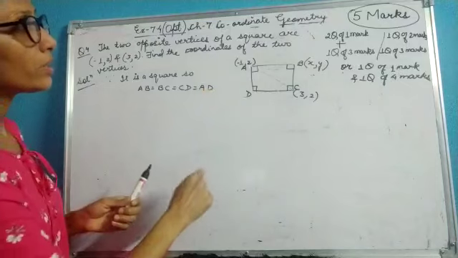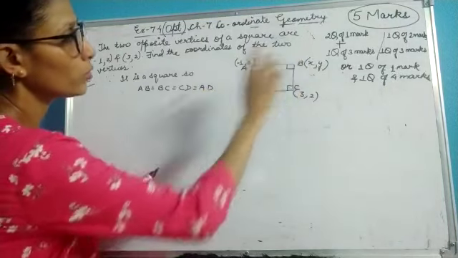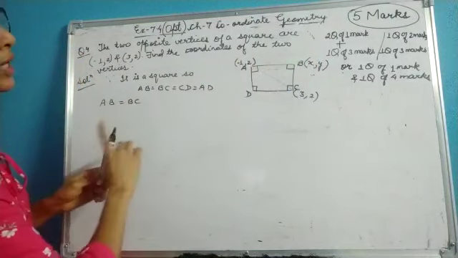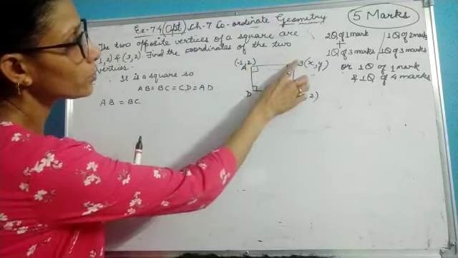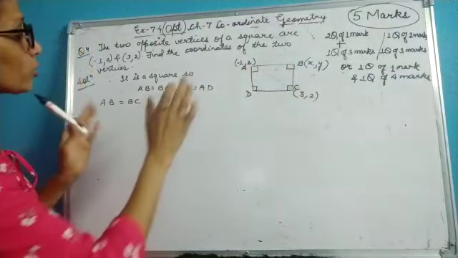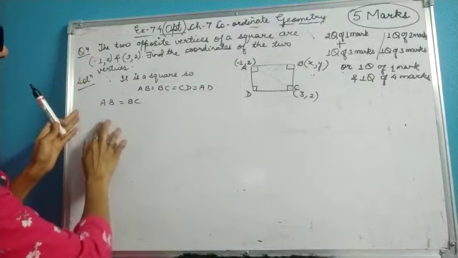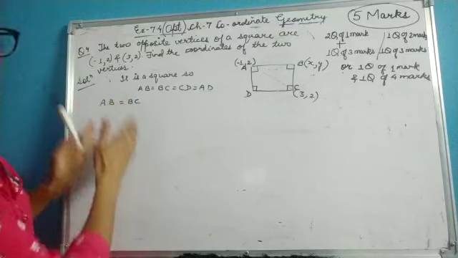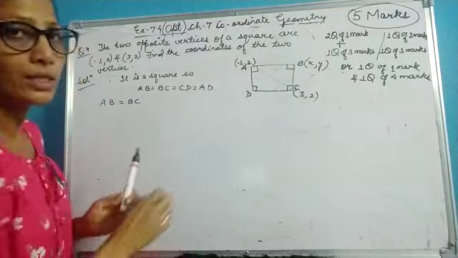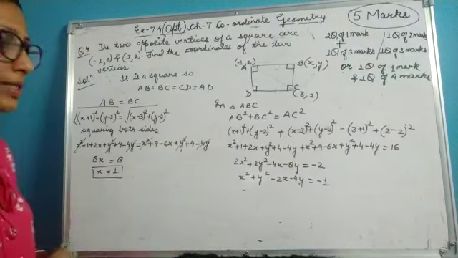So one thing I can do here is I can find out distance of AB, which is equal to BC. So I will be first finding out AB equal to BC, and then I can also see that in triangle ABC, this is a right angle triangle, so I can apply Pythagoras theorem. So let's find out first of all AB equal to BC, that means find out distance AB, equate it to BC. Let's see what we get, and then we will find out the things by Pythagoras theorem.